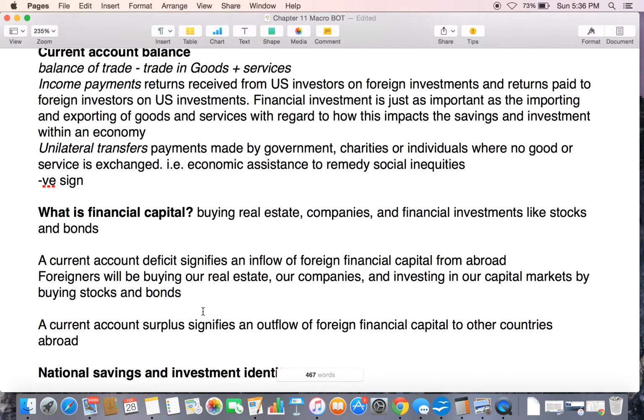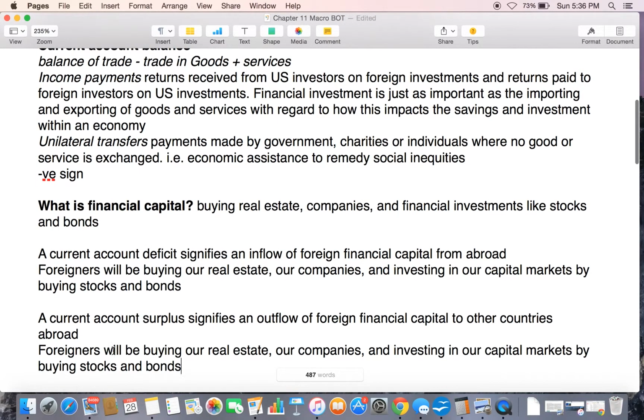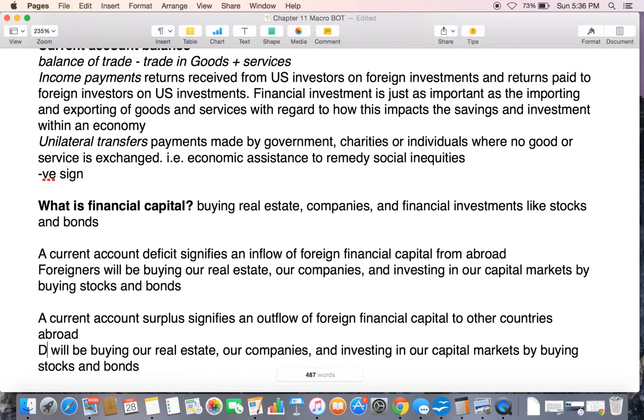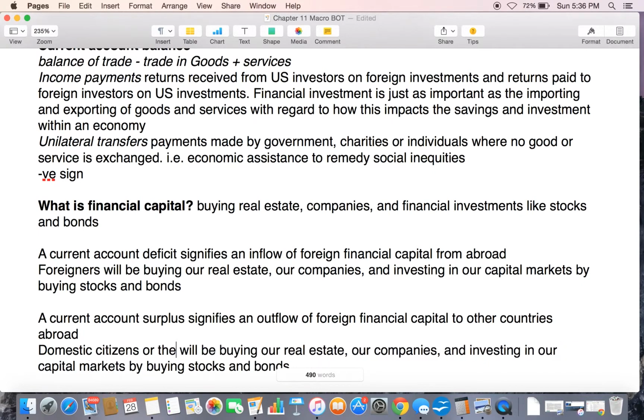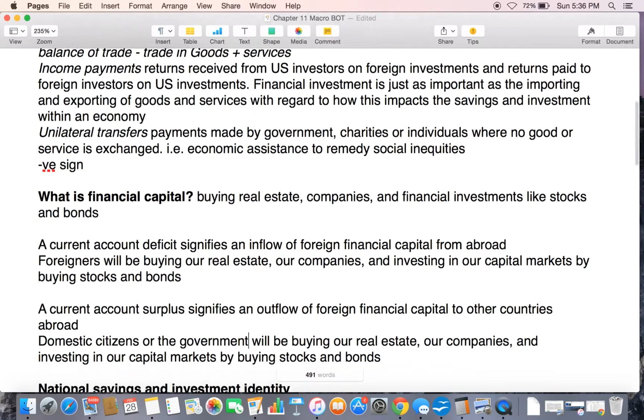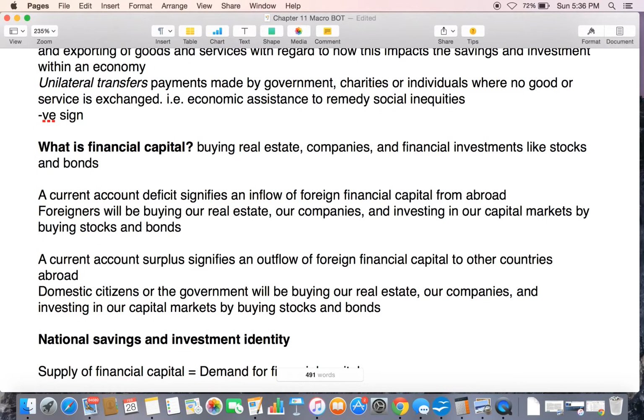Likewise, when we have a current account surplus, our domestic citizens or our government will be buying foreign real estate, foreign companies, and investing in foreign capital markets by buying